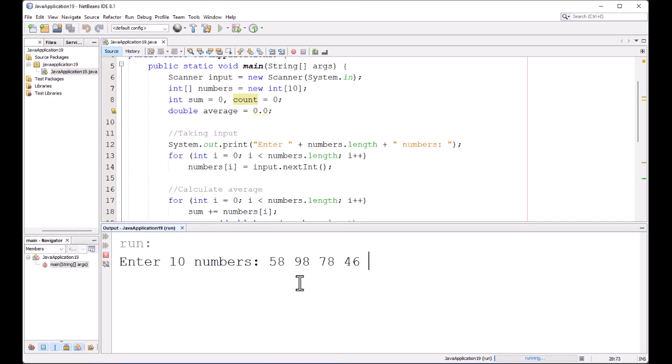So let me have random values over here. 79, 81, 67, I already have 8 of them. I need 2 more. So this is my 74 and 76. These are 10 values. Now when I press enter, even though it's waiting at 14, 14 is going